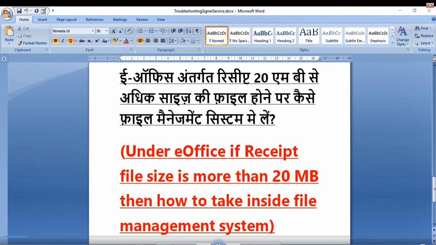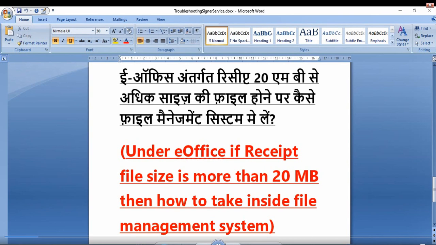We have to keep 150 to 200 dpi, as we have discussed, and we also discussed that it should be grayscale, meaning colored or very high quality scanning need not be done because it will unnecessarily make the file size very large. If all these settings are correct and still the size of the file is more than 20 MB, then as per my experience, mining departments have a very large number of pages in their files as they have case related files that have been going on for many years. So there may be some exceptional cases like this. What needs to be done in these types of cases, we will see in this video.